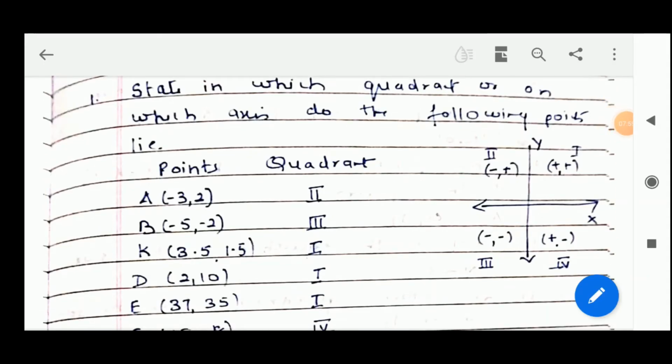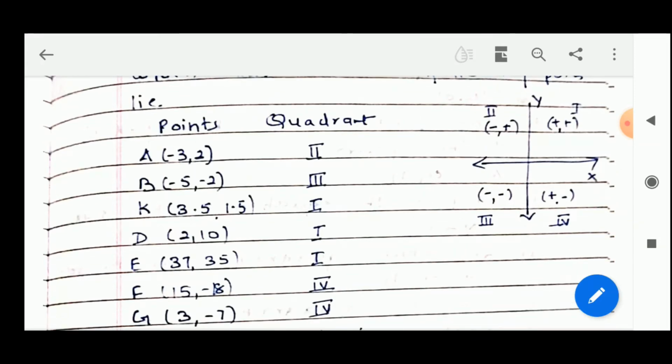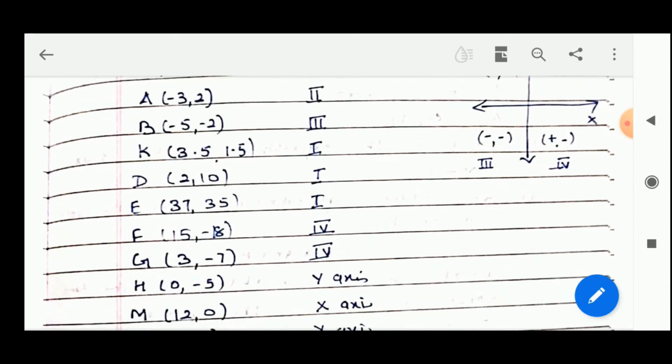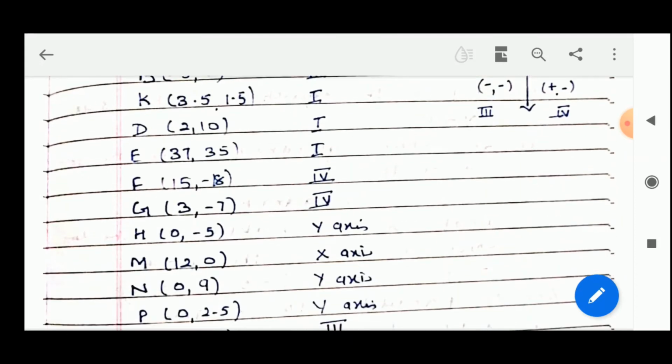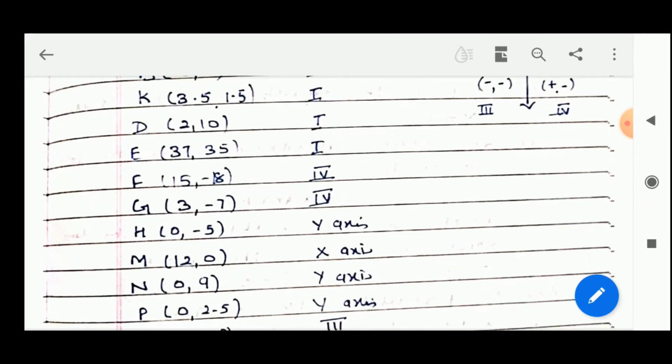(-3, 2) lies in the second quadrant, B (-5, -2) lies in the third quadrant, C (3.5, 1.5) both the coordinates are positive, lies in the first quadrant, D both the coordinates are positive, so again in the first quadrant, E both the coordinates are positive, so in the first quadrant, F x coordinate is positive, y negative, so in the fourth quadrant, G x coordinate positive, y negative, so in the fourth quadrant,